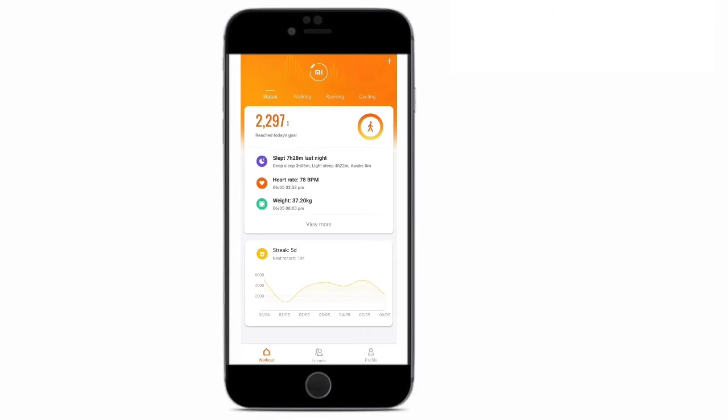So guys, as you can see, the next option is about the streak. If you need to keep an eye on the steps you have walked previously, you can just come to this option. It will show you the steps you have walked through a graph, and I don't know what the name of the graph is. If you know, just comment down below. And now let's go to the friends option at the bottom.